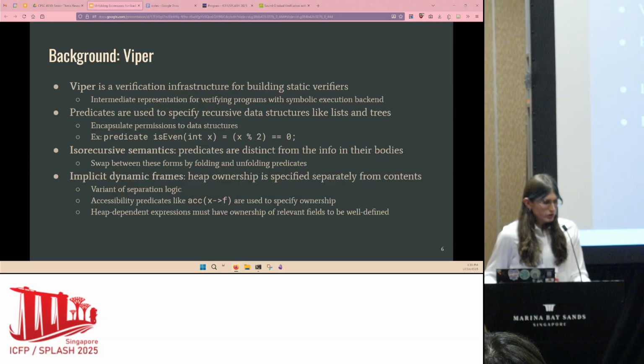And we're building upon implicit dynamic frames, which is a variation of separation logic where you specify your heap ownership and content separately rather than together.